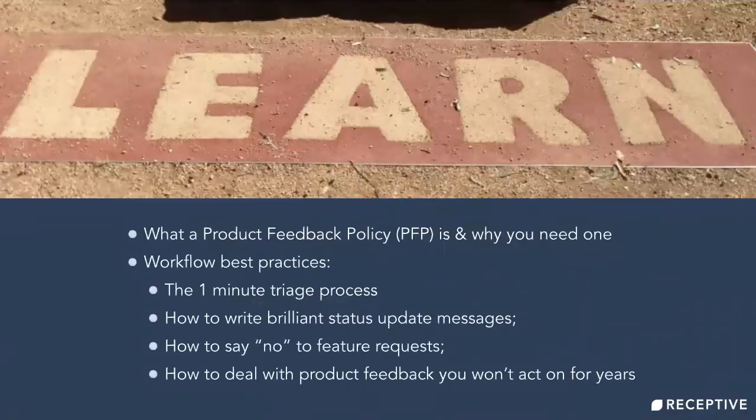So in this session, we're introducing a new idea, the product feedback policy, or the PFP if you want to be trendy. So we're going to look at why you need one of those. It's something we've started putting together with our customers as part of onboarding, but it's been really, really successful. So our plan is to introduce this to everyone in the next week or two, and the webinar is the start of this. Once we've been over that, there's another very popular topic to go over, which is the triage